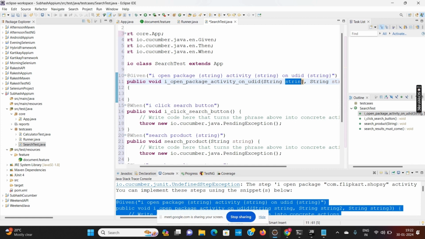And now it will take the package name and activity name from Shopsy.